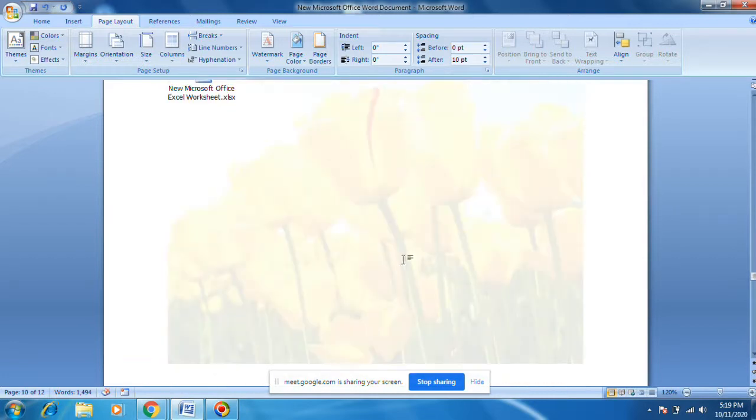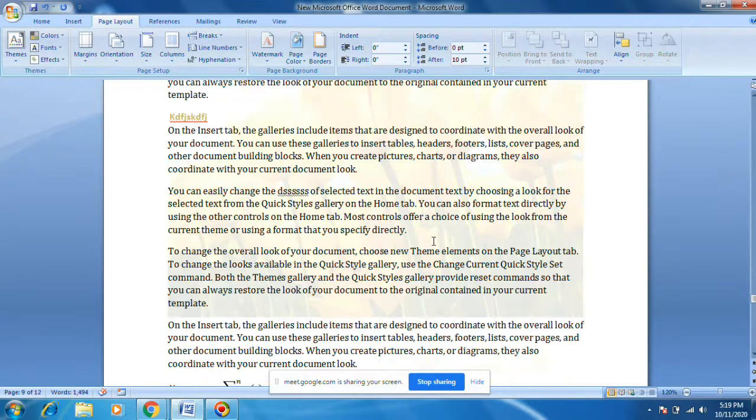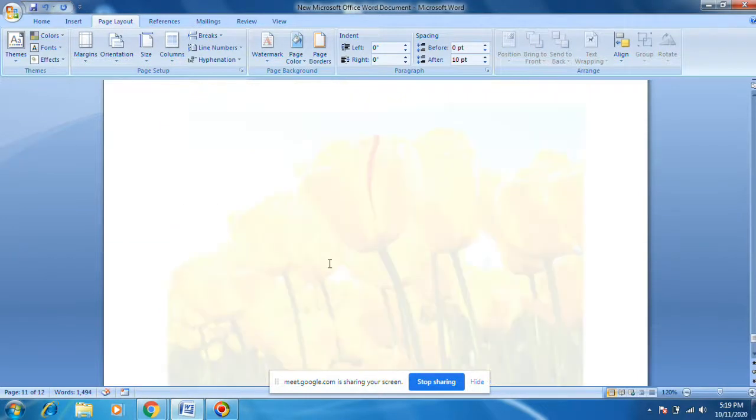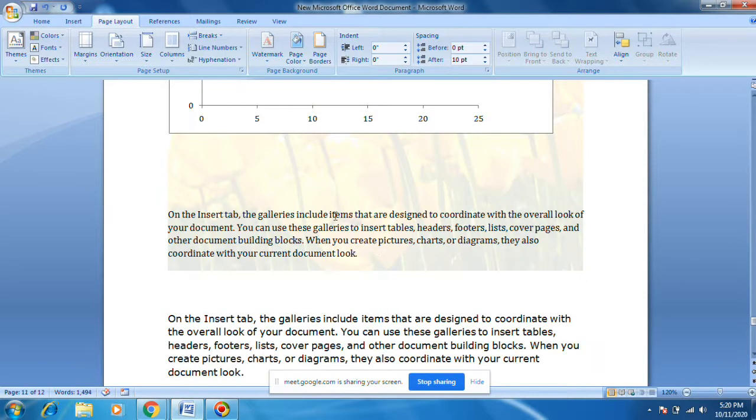Generally we won't prefer a picture as a watermark. We choose only text as a watermark. Someone can choose this as a watermark, but the text on top we can see properly, while the watermark will show very thin.